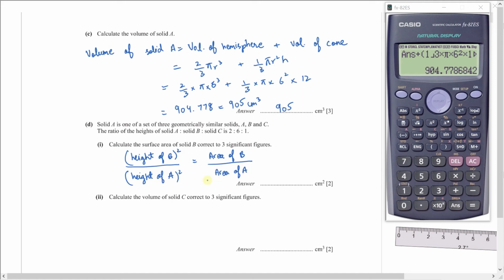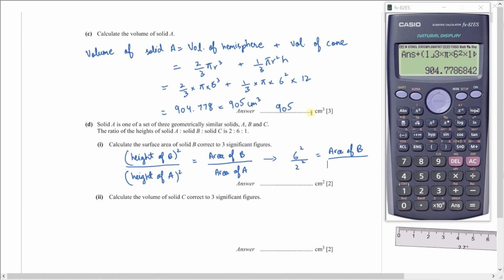So this is the property of similar solids, that the ratio of their areas is equal to the ratio of the square of their heights, or of one corresponding side. So here we are given the heights. Now let's substitute the values. Height of B is 6 squared divided by height of A is 2 squared equals area of B divided by area of A, which is